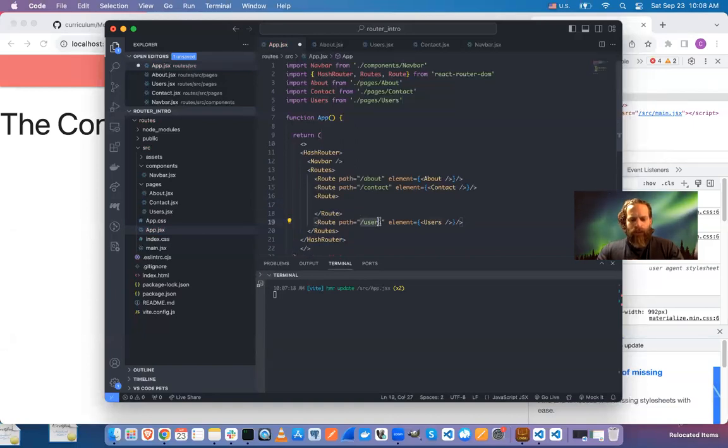So I'm going to push this one up real quick. There's a couple ways you could do this. I think this is probably the simplest one. So this path is going to be this now. We'll go